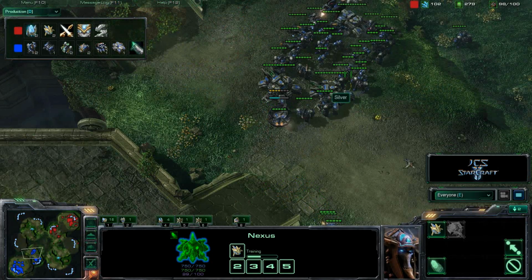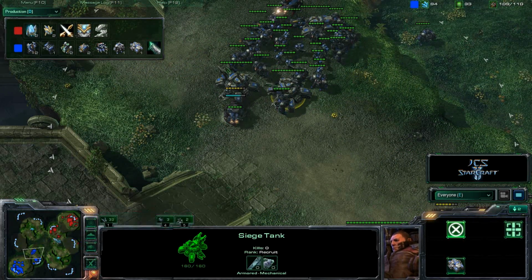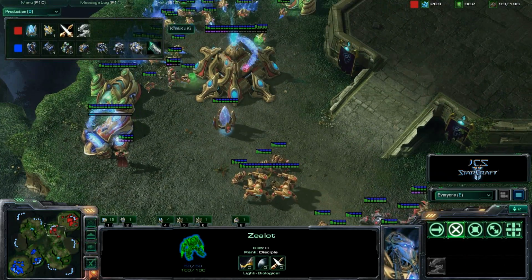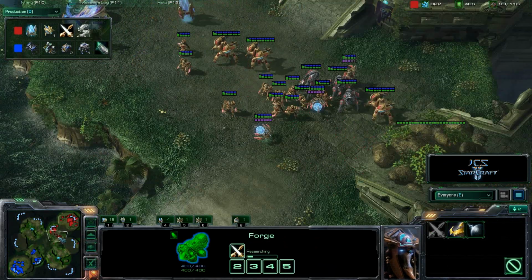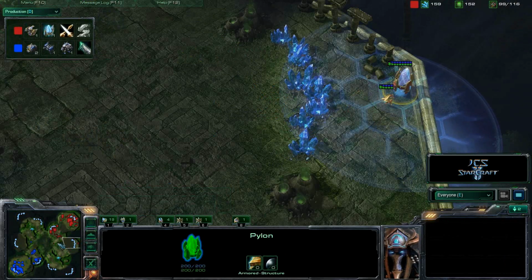Kiwi is getting upgrades on his ground units. Looks like he's going to be getting +1 attack. Doesn't have any upgrades anywhere else. I'm sorry, that was Silver. Kiwi doesn't have any upgrades, but it's going to start researching +1 attack for his ground units right now for his Zealots,